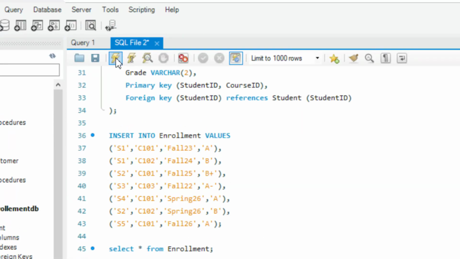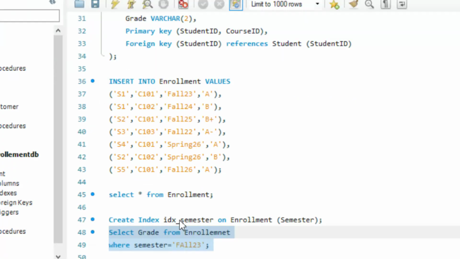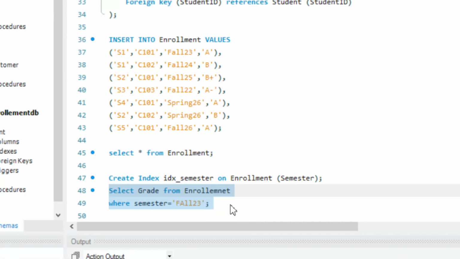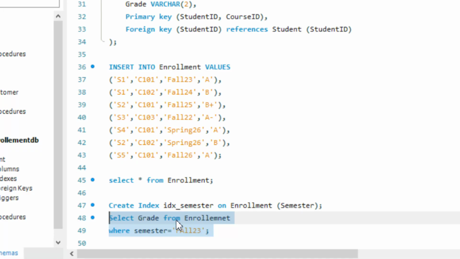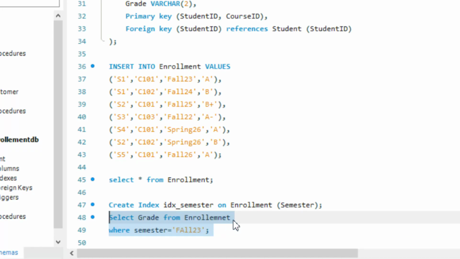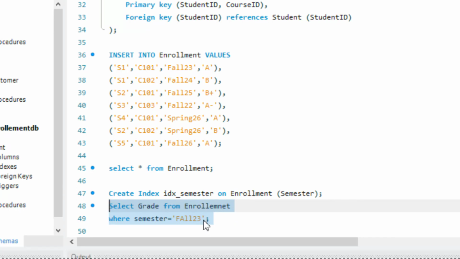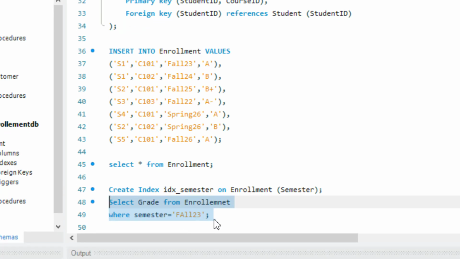And when I run this query, oh, there is an error. Select grade from enrollment where semester is equal to. So let's leave it at this stage, but this is how we could create the index